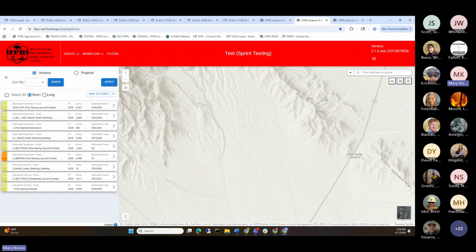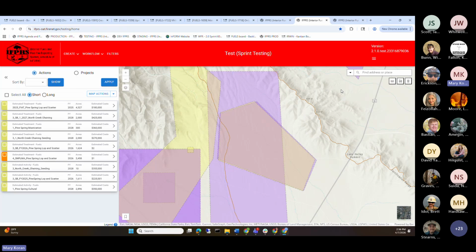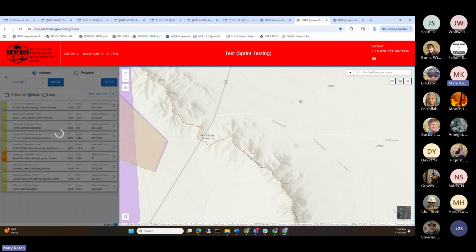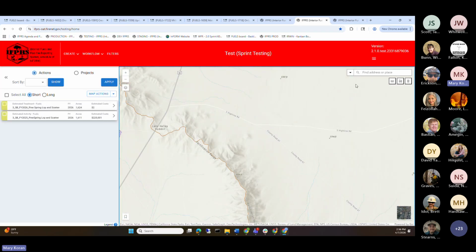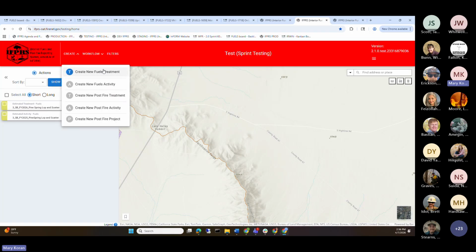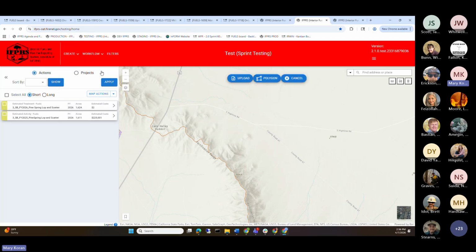Quick progressive reporting demo here, and talk a little bit about actuals and how to make sure that you are completing an actual so that it goes from beginning to end, from draft to complete. So I'm going to start with just creating a new fuels treatment